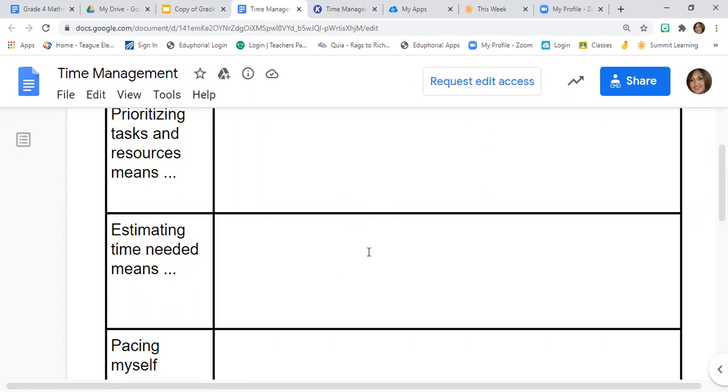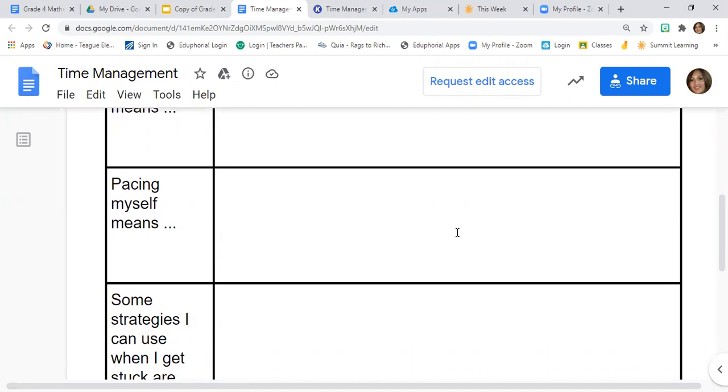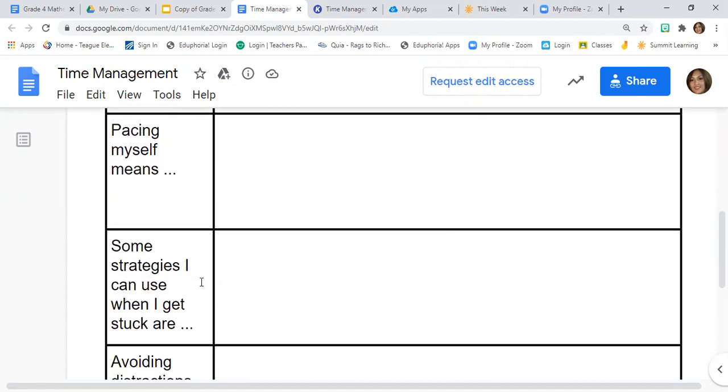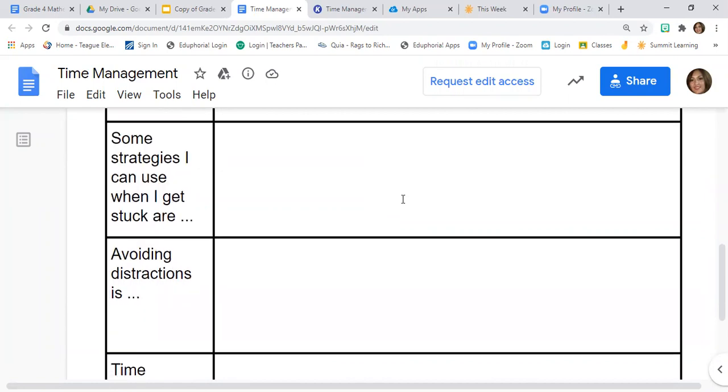how much time do you plan to dedicate to this assignment? Pacing myself means, right? What does it mean, pacing yourself? Keeping track of your time. Some strategies I can use when I get stuck are, think about the things you can do whenever you're stuck. What can you do? Maybe take a deep breath, maybe take a minute or two,